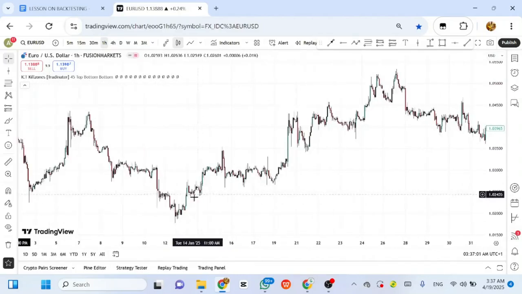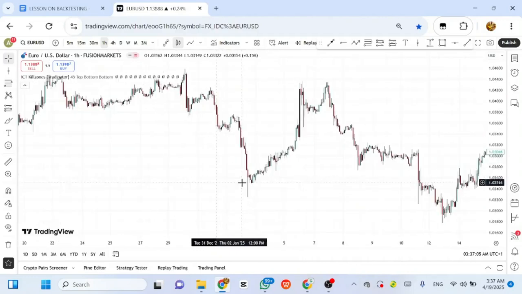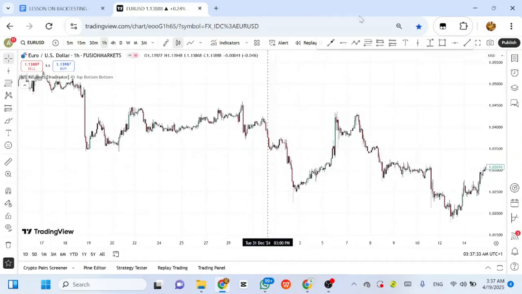This strategy tells me that I am a demand and supply trader. So let's say this was the first week of January, right? The week begins on a Tuesday. So let's say for this first week I was just observing the market. Now what happened? I saw this breakout. Does this look like a breakout? I need your feedback.